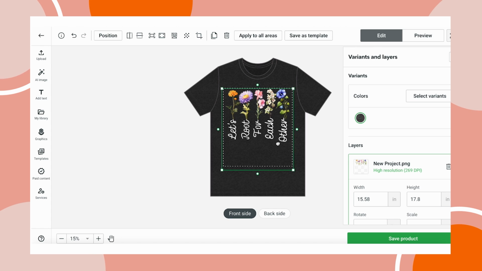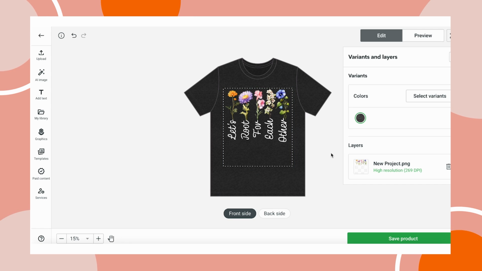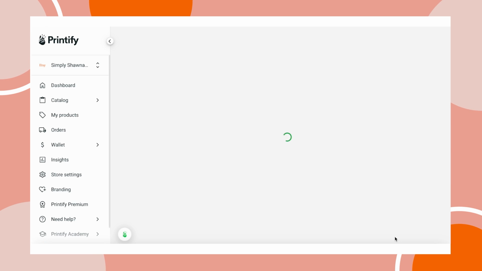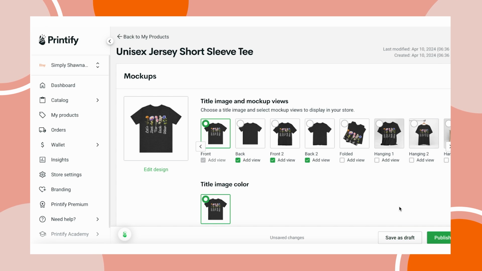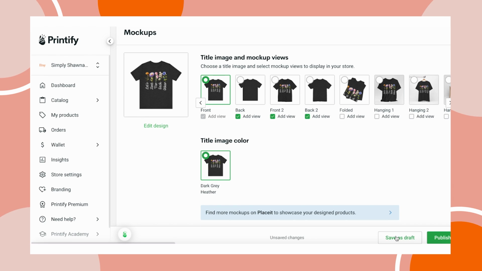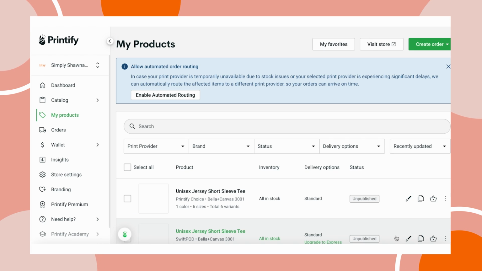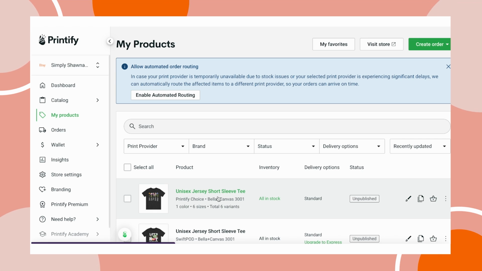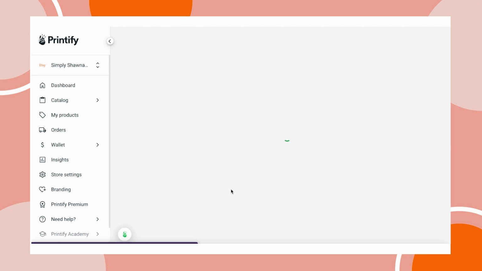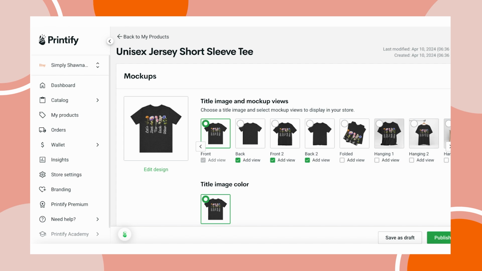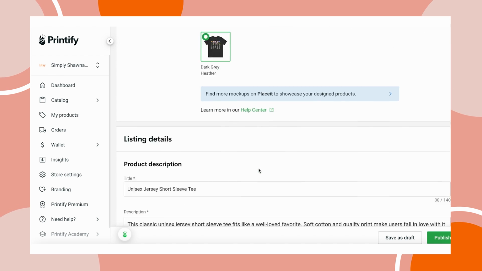I'm going to put it on there nicely. I like to fill the whole space up and get it kind of toward the top of the design area. And now I'm going to save products, and we're going to do the same thing again. I'm not going to push it through to the store, because that would create an entirely new listing. I'm trying to attach these SKU numbers into our existing listing so I can offer all 3 designs in one